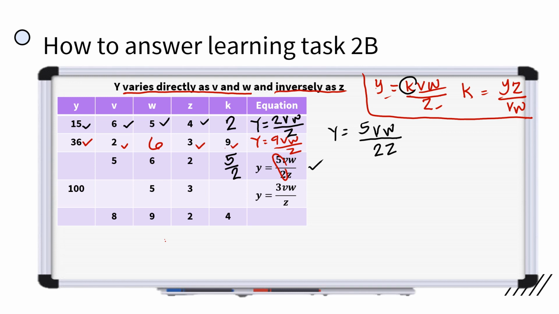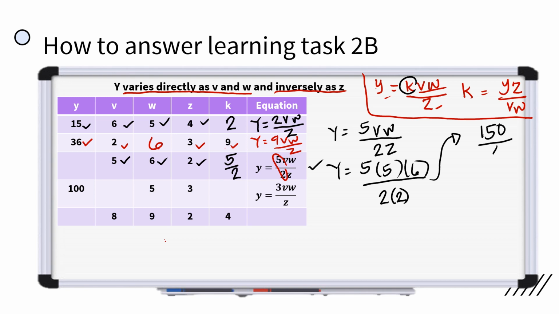So, y is unknown. Our v is 5. Our w is 6. At ang ating z ay 2. So, over 2 times 2. Okay, rewrite lang natin. 5 times 5 is 25 times 6, that is 150, divided by 2 times 2 ay 4. So, 150